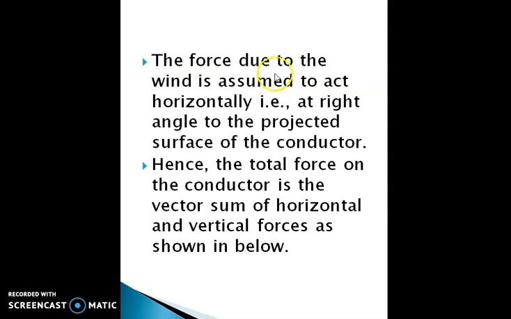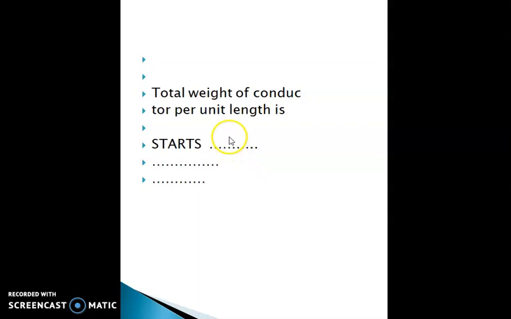Therefore, the force due to the wind is assumed to act horizontally, that is at right angles to the projected surface of the conductor. Hence, the total force on the conductor is the vector sum of the horizontal and vertical forces as shown below. The total weight of the conductor per unit length is